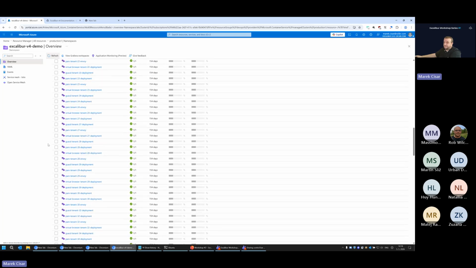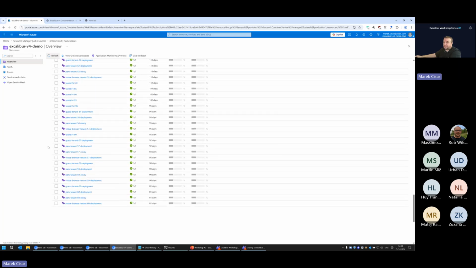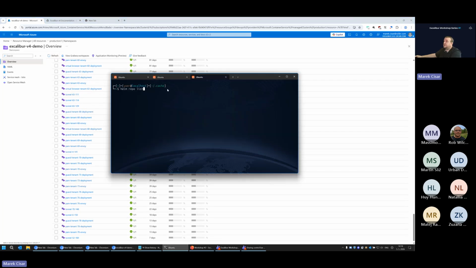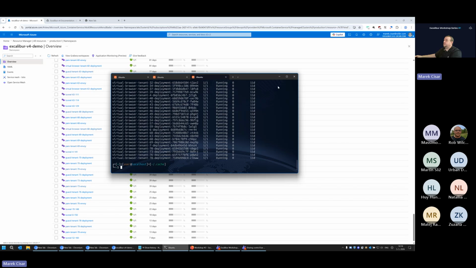Okay, so you can see there is quite a huge list of microservices running. Let's try to count them. Maybe kubectl get pods -n, and the namespace will be, excuse me, Excalibur demo.